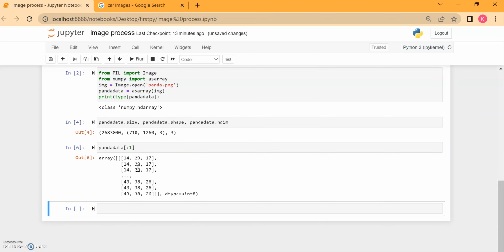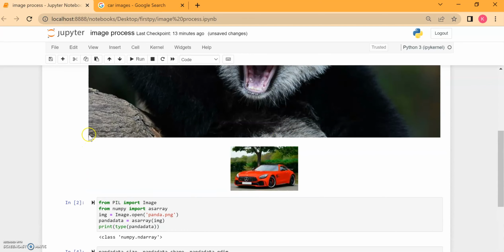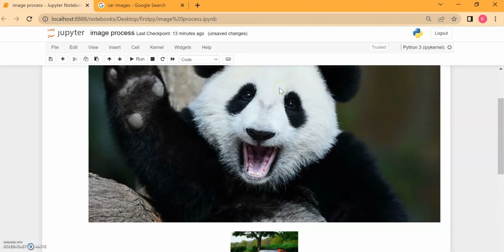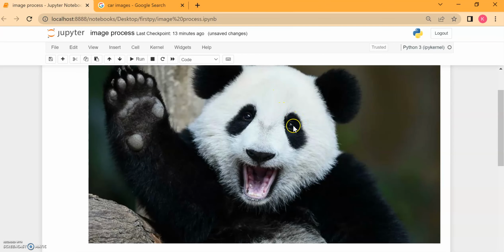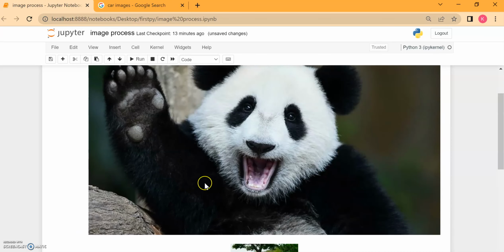You can see that this is just a section of the total number of arrays, and these may represent a very small part, let's say this dot here, or something like an eye here is represented by this data. This tells the computer that this part is the eye